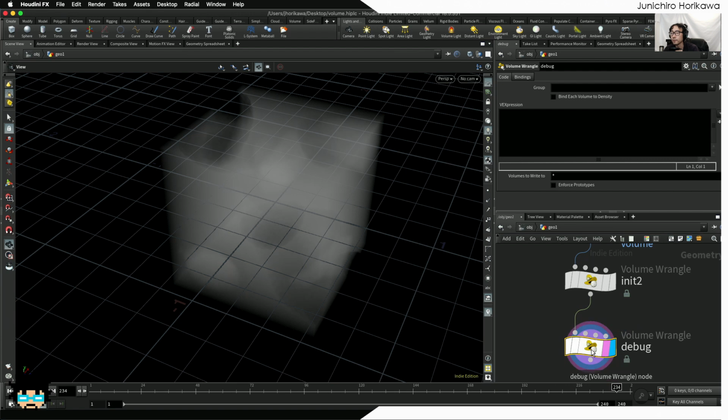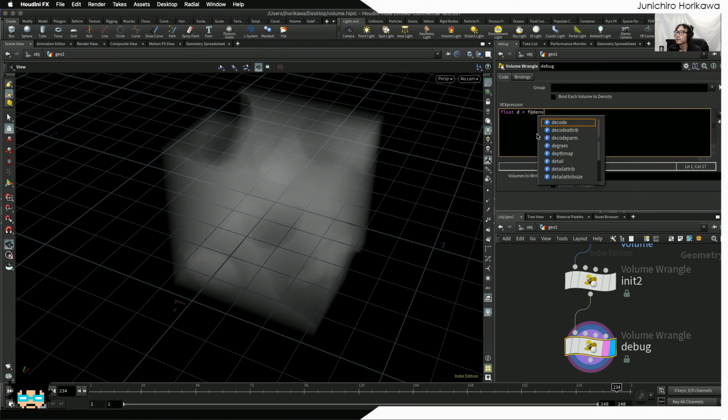Okay, so in order to retrieve the values, what you can do is to add a point on each of the voxel positions and set the attribute to those points using the density. So that's the little trick that you can use to show what exact value is stored for each voxel as a density. So first of all, you can retrieve the density value